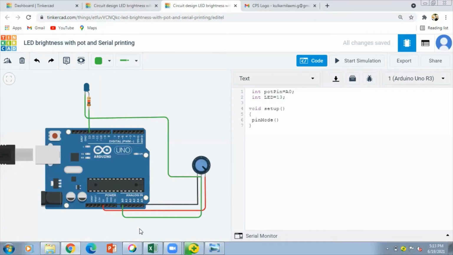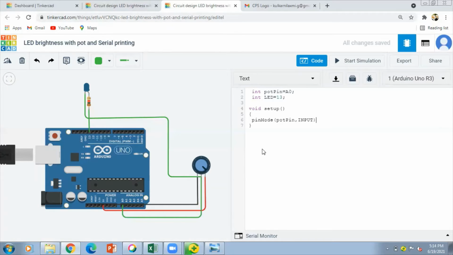So the mode of this pin will be input. You can change the name of that variable also. So I'm going to write the pin mode of pot pin, that is A0, where we have connected the wiper, as input.